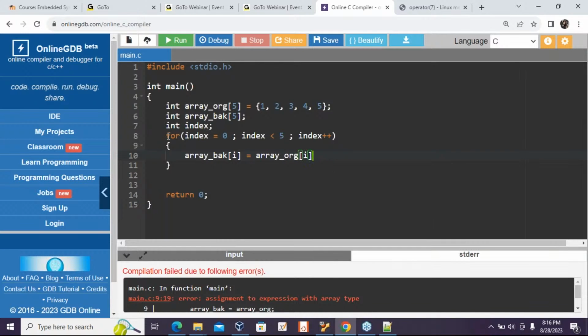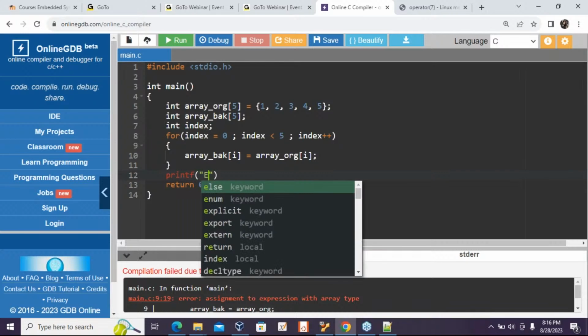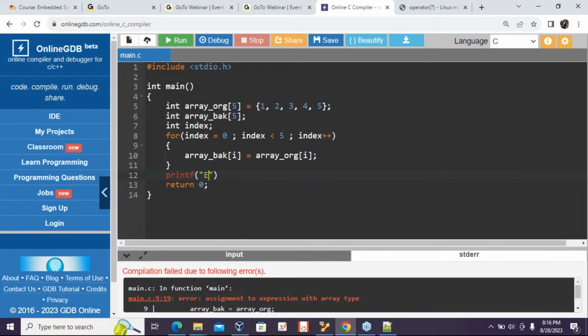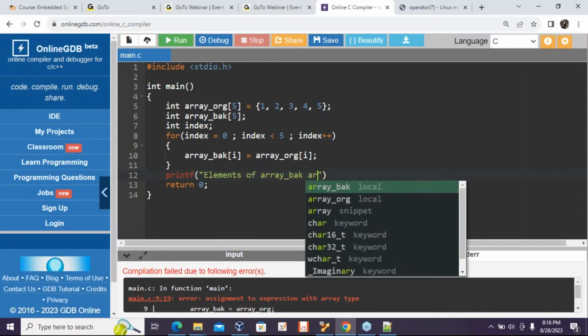So this is how you copy. Whatever is in array org of 0 gets written to array bak of 0. Whatever is in array org of 1 gets written to array bak of 1. So like this you copy. Now let me show you the contents of array bak. So I will go with the printf saying elements of array bak are,